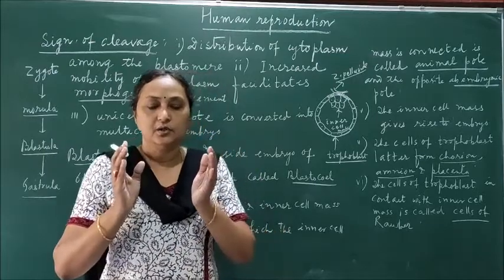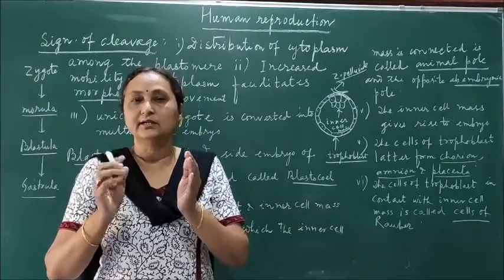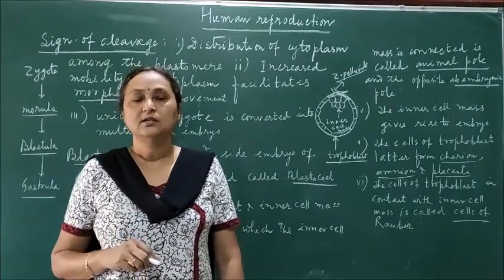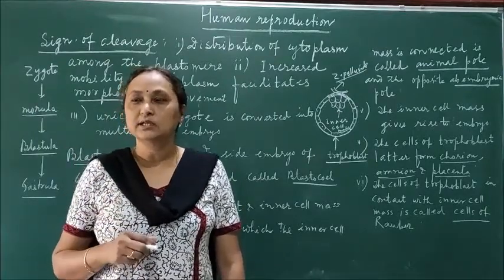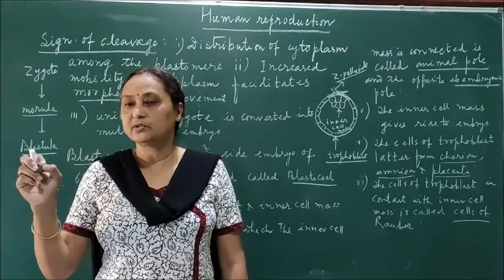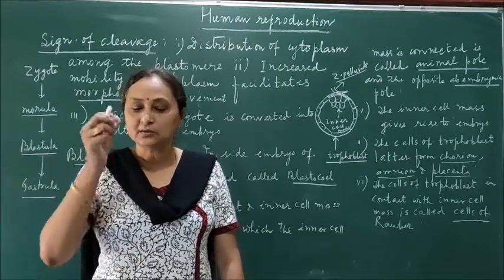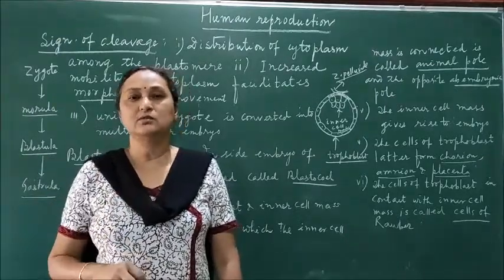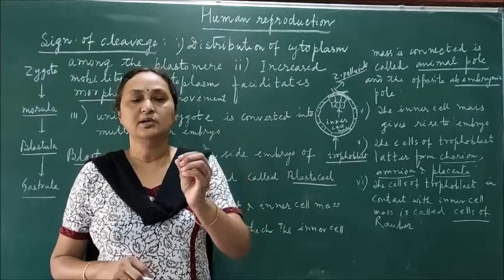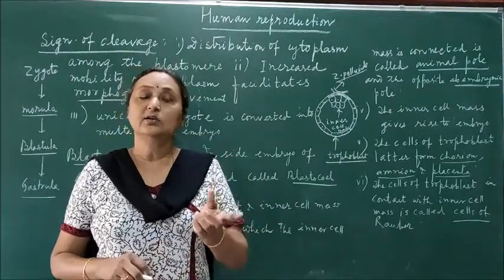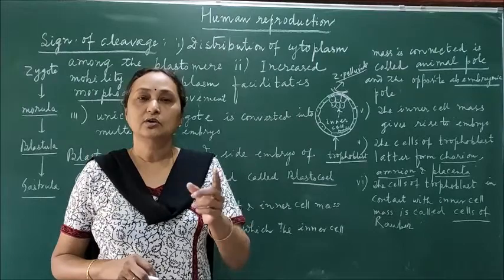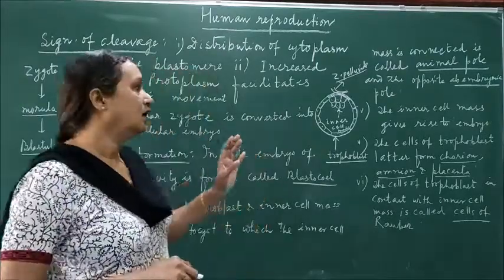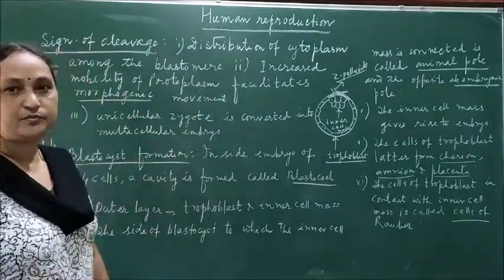Then you can find out these cells are divided into two distinct layers. One is the outer layer, which is called trophoblast, and another is the inner layer, which is called inner cell mass. The embryo actually develops from the inner cell mass, and the trophoblast covers the inner cell mass and the cavity, which is called blastocoel. That provides nourishment to the inner cell mass, and later on it develops into amnion, chorion and placenta. So these are all the points on how the embryo develops.